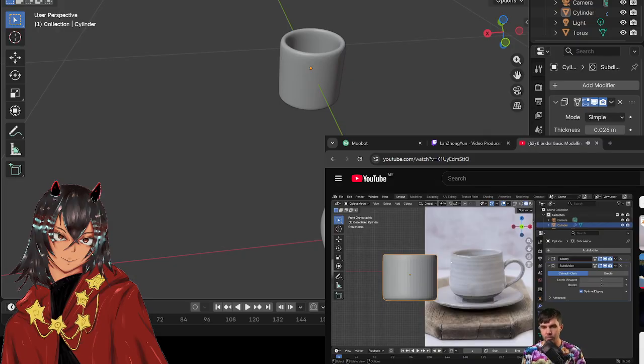Now we can model by going into edit mode, by hitting tab, toggle in and out of edit mode, and